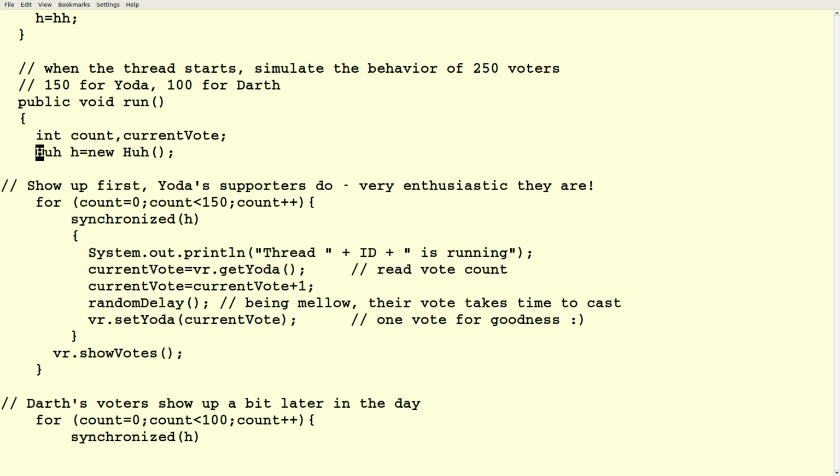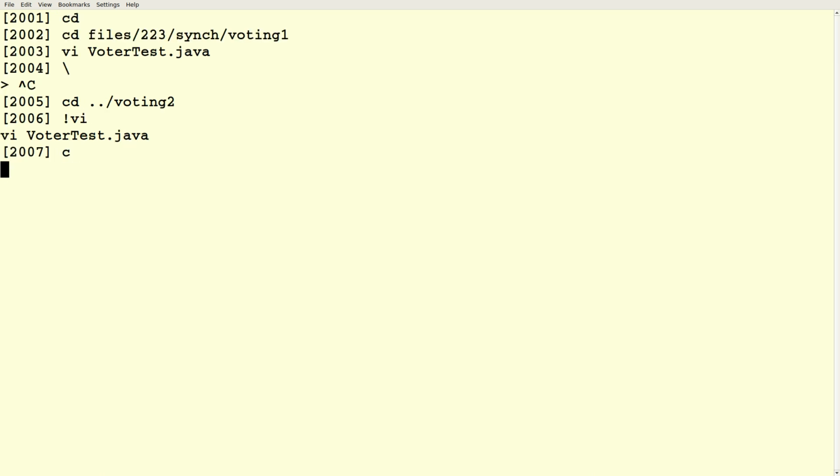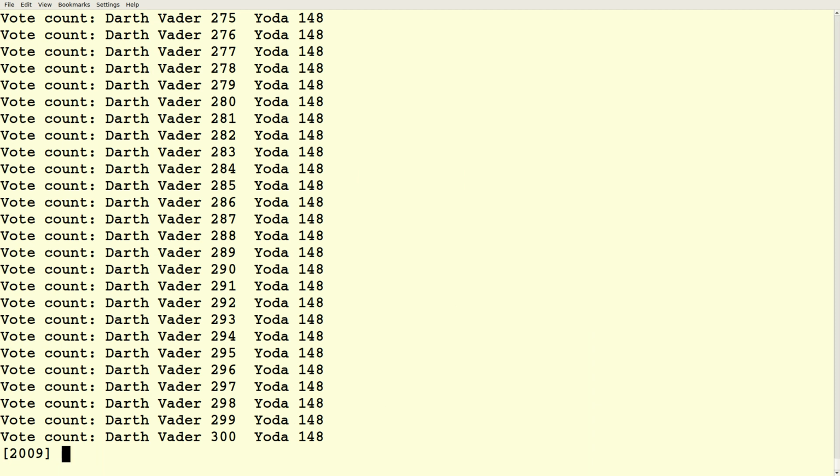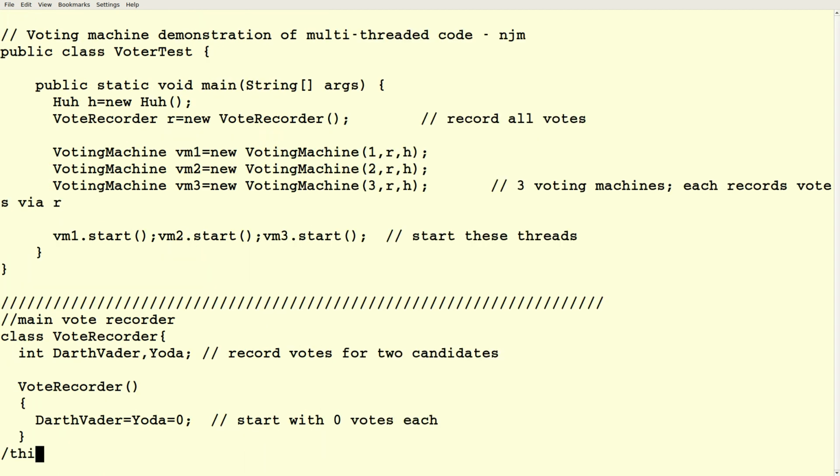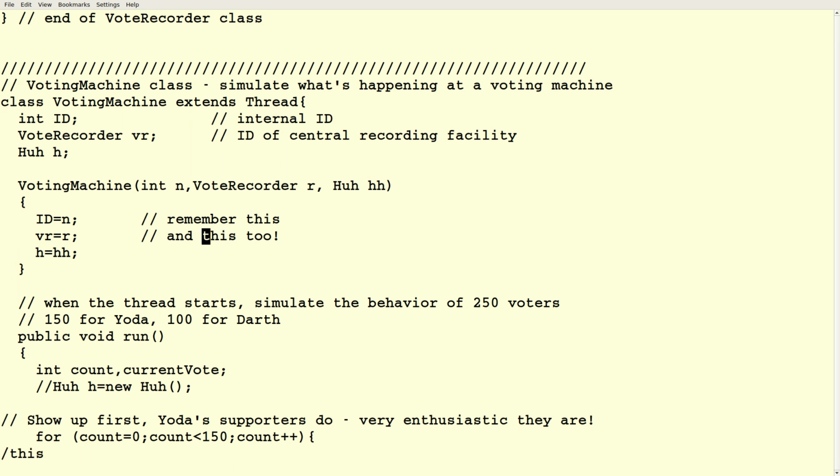So you're really not synchronizing. And similarly, if I synchronize on this, that's not really synchronizing either, because this is different for each thread.